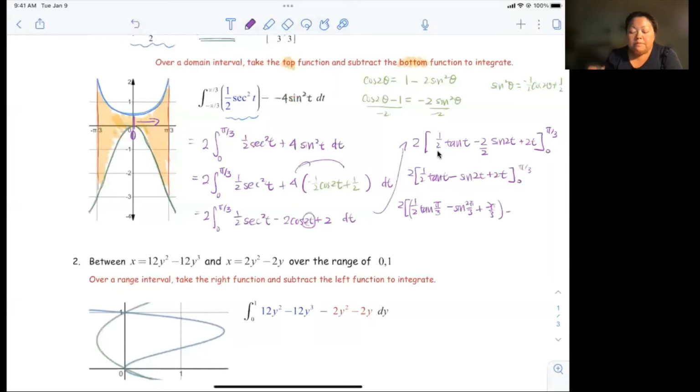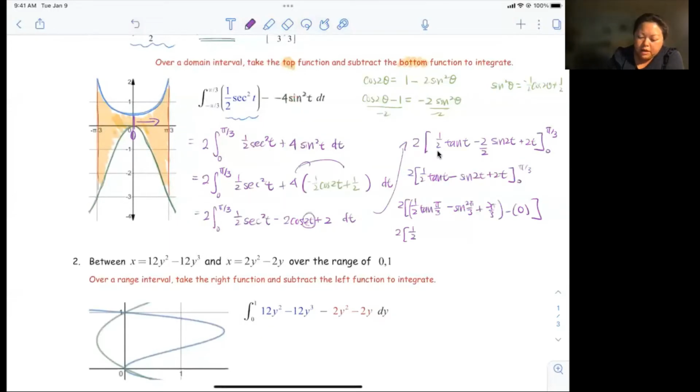minus, very lucky because tangent of 0 is 0. Sine of 0 is still 0, plus 2 times 0 is 0, so the second parentheses is 0, so it's very nice. The only thing that you need to watch out for is cosine, but we don't have cosine here, so it's very good. Okay, so we get 2 times 1/2 tangent of